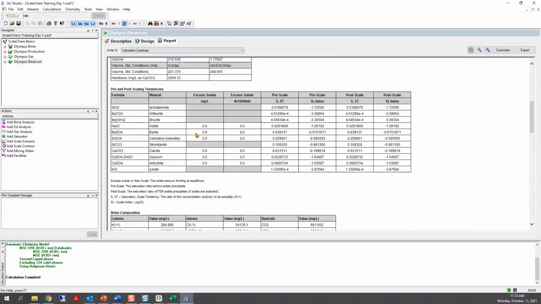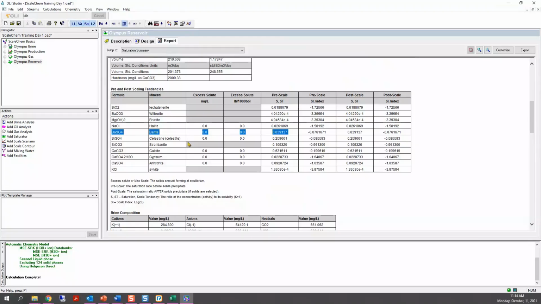Okay, so in here, if we go to prescaling tendencies, we see that nothing, absolutely nothing is saturated here. Maybe we have the barite at 84% saturation, close to saturation. So we could argue that we can saturate this fluid with barite at reservoir conditions.